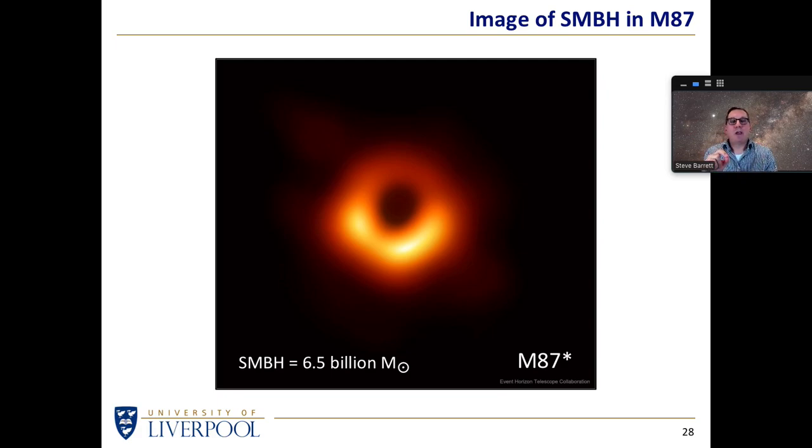So we're not imaging it directly, but this is very convincing evidence that there must be a supermassive black hole in other galaxies, because that's about the only way we can explain why matter is behaving the way it is in this very hot donut of matter surrounding the black hole.